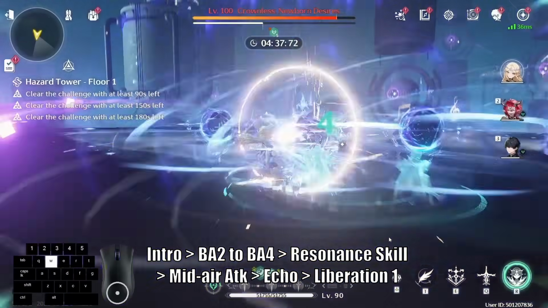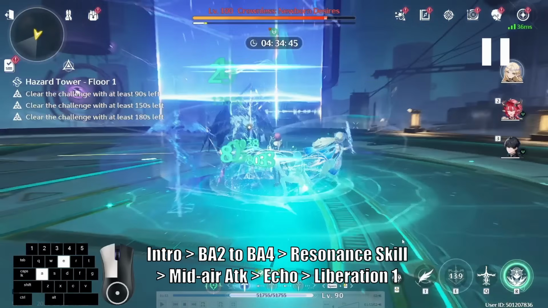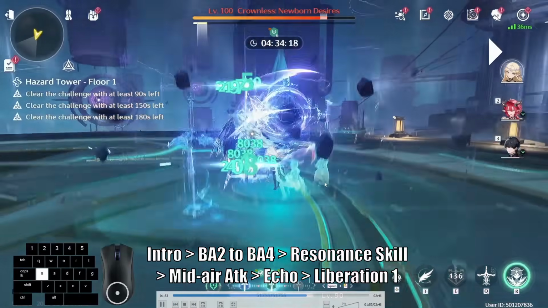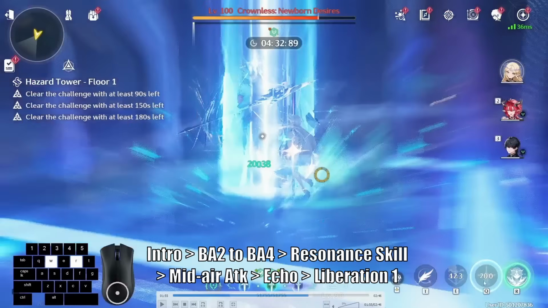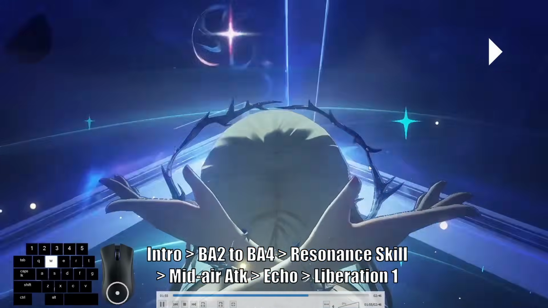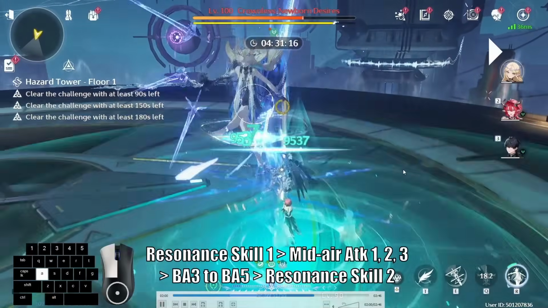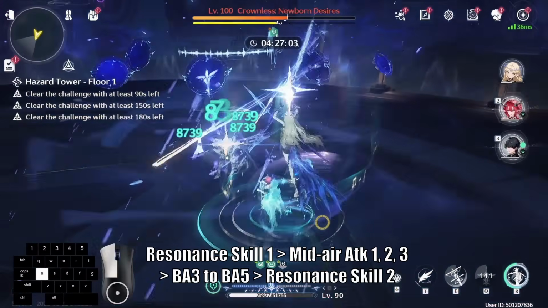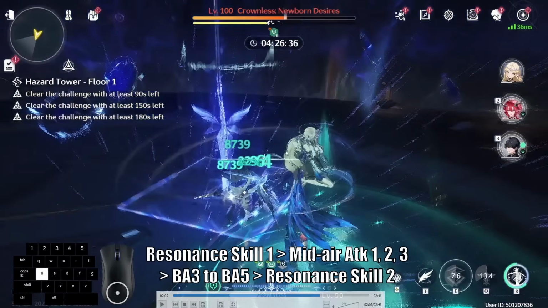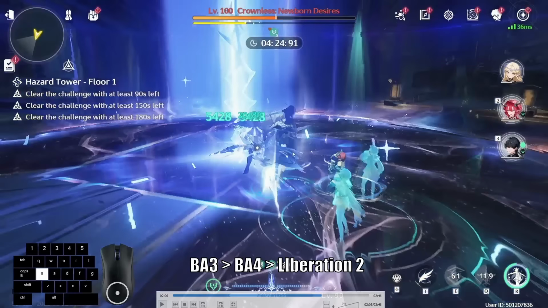Let's go in Cartethyia. Let's do basic attack 2, 3, 4, and then let's cancel that with our resonance skill. Let's use our mid attack, and then let's use our echo right here, and then let's use our liberation. Let's start with resonance part 1, mid attack 1, 2, 3, go down, basic attack 3, 4, 5. Let's cancel this animation with our resonance skill part 2, and then boom, and then let's go to basic attack